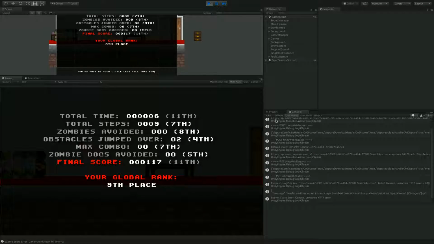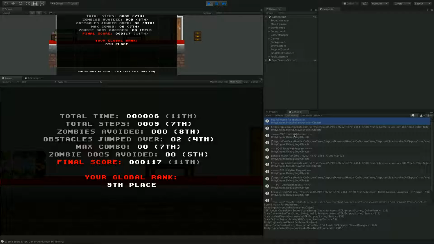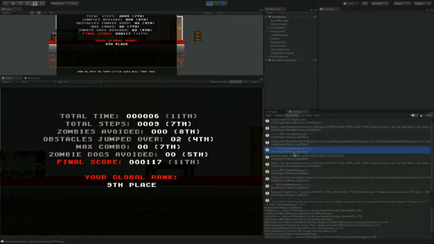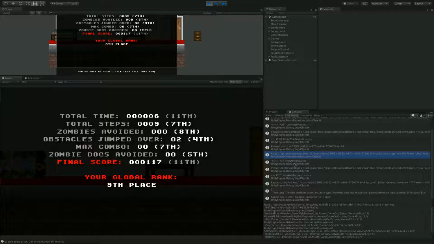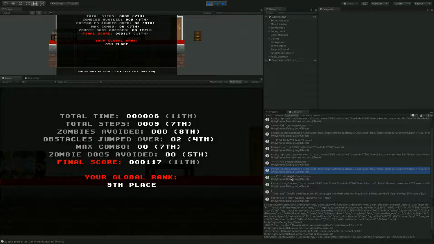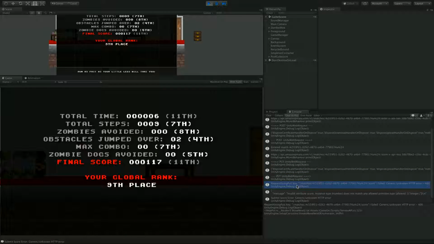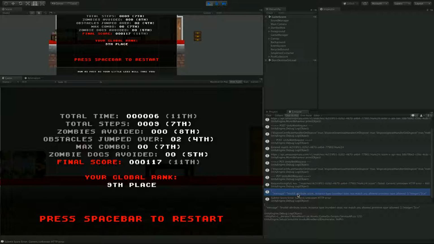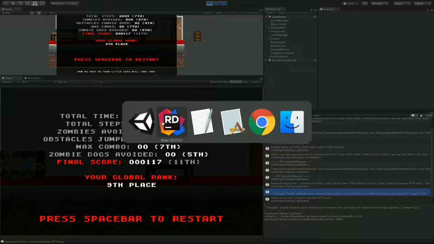And then it should go through the logic of where it finds a match with the high scores. It submits a request. We've entered the match. Then we're going to do the web request, put Unity request. And what we're doing is we're calling this here. And it's requesting key matches. And then it says unknown HTTP error. The message back is saying that it's an invalid attribute score. Instance type number does not match any allowed primitive types. So I just need to figure out